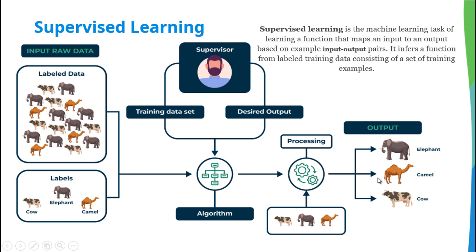So you can predict which one is cow, which one is elephant, which one is camel, based on the nature and the pattern of these particular animals. They have different patterns and different structures, so the characteristics are not the same. The computer can predict accurately, maybe 80%, 70%, 90%, based on the power of the algorithm or model.